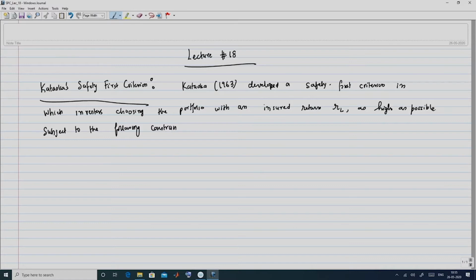So, this means that they want as large as possible an RL subject to the following constraint,